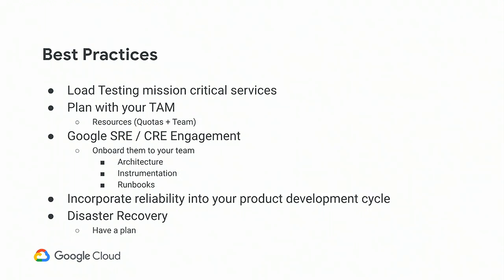Number one, test your infrastructure, please, because if you don't test it, you will never know. So especially your critical services. Work with your TAM. Your TAMs are there to help you. For us, we had a situation where we said, hey, we're going to get all this traffic. Do we have enough resources allocated to our accounts so that we can scale to that point if we needed to? So work with them to define what you believe is the amount of resources that you need, and they'll make sure it happens.